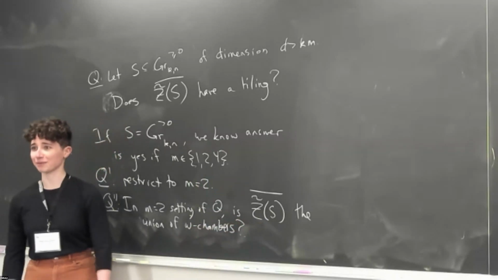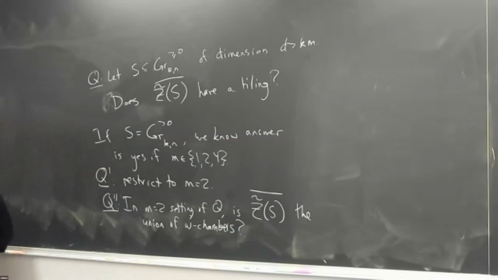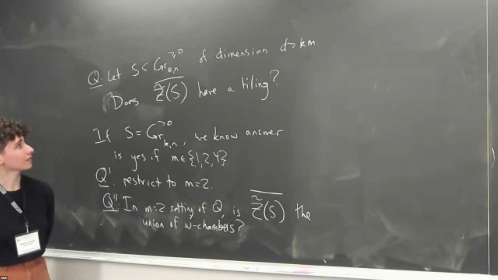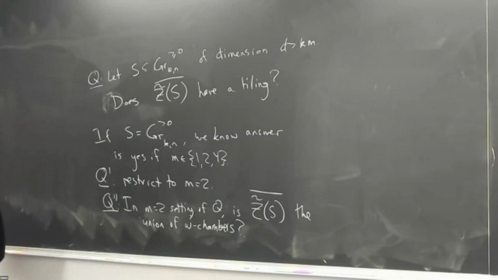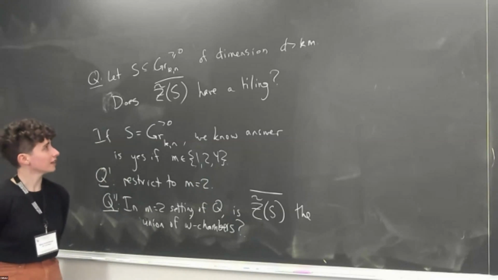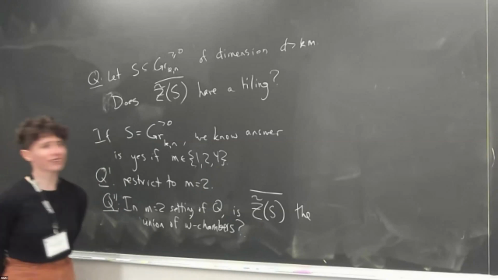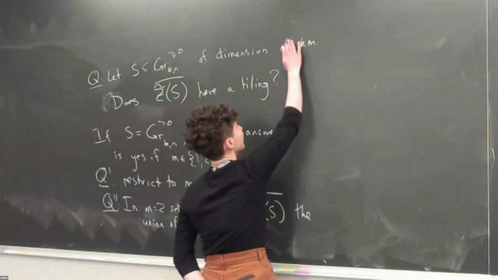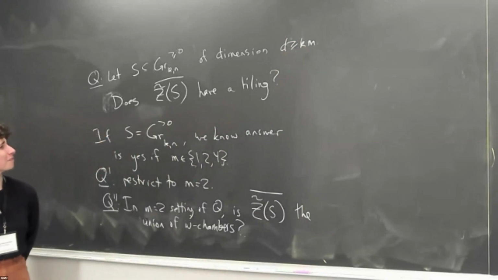Are there any questions about the question? If you allow D to be equal to Km, do we agree that the answer is no? So you could pick S to be a degree 2 tile, degree 2 thing, then the answer would be no. Yeah, I guess. Or how would you allow that? Okay, so yeah, so maybe I should.